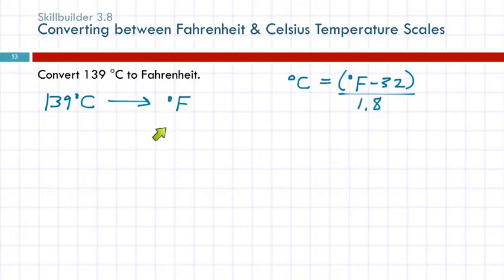I want an equation that says Fahrenheit equals something. Fahrenheit's over in here. When you need to rearrange an equation, do it before you stick numbers in, because once you put the numbers in, things can get really messy. So it's better to do it when you've just got letters. So this is challenging for some students. So I want to get rid of this 1.8 over here. So if I multiply both sides by 1.8,